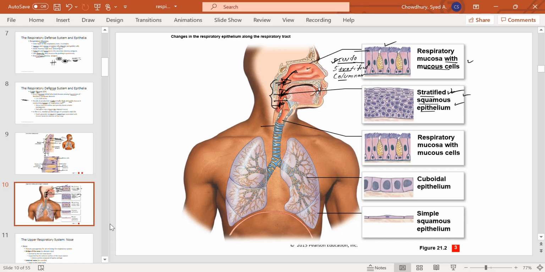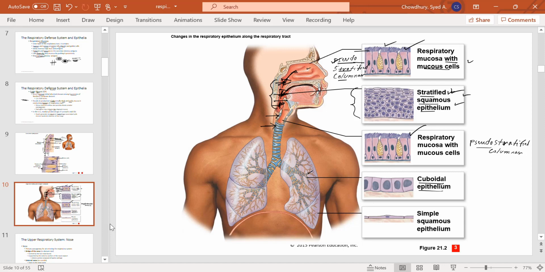Now there is larynx. The larynx and trachea both have pseudo-stratified, because only air. So remember, the parts where only air passes is pseudo-stratified columnar, and it has cilia. Where food also passes, that part is stratified squamous. Make sense? Now if you go inside the lung, the bronchioles have different type of epithelial lining.